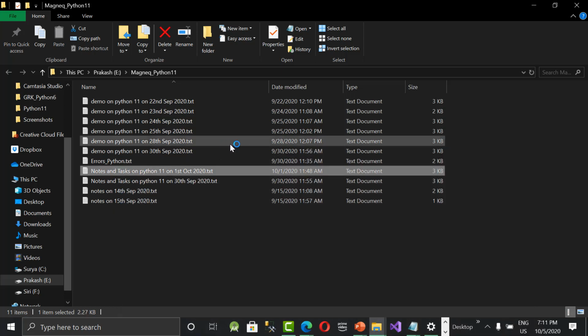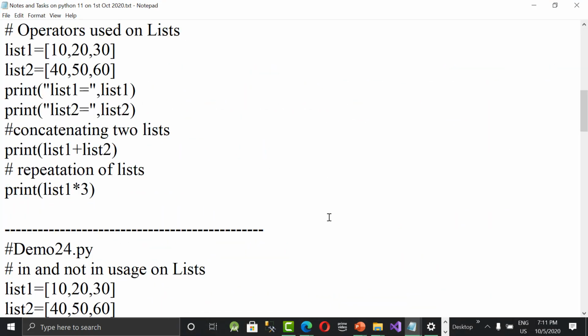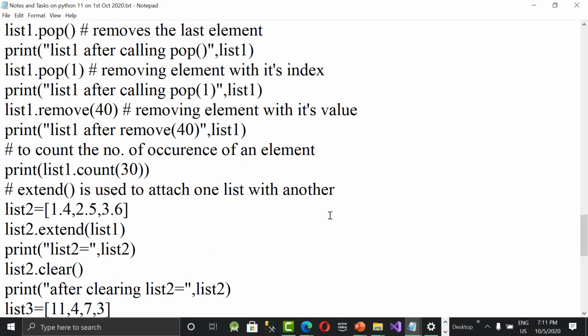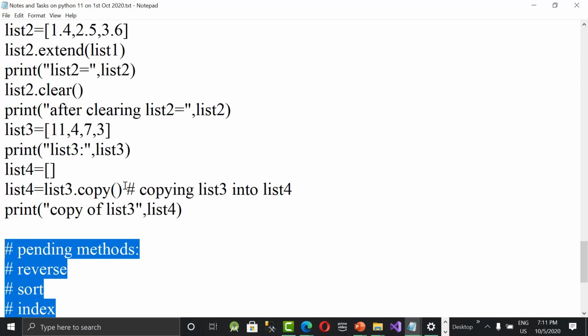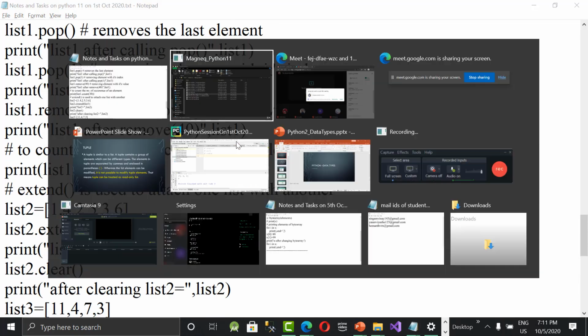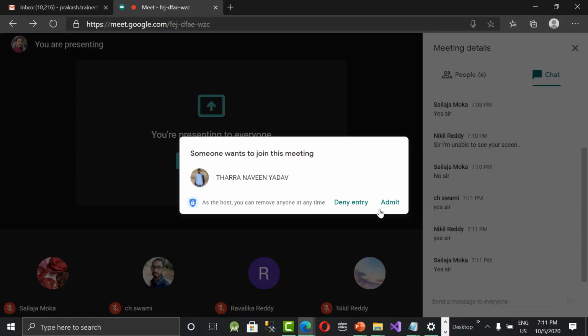October 1st now. Yeah, here we are. Pending methods are these three.